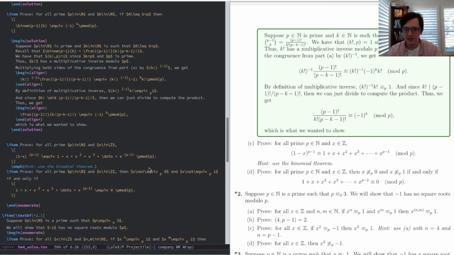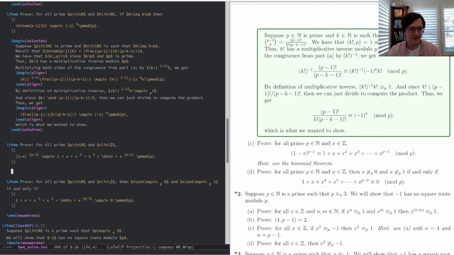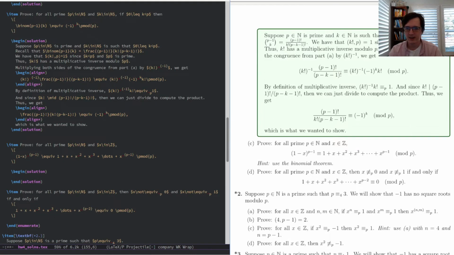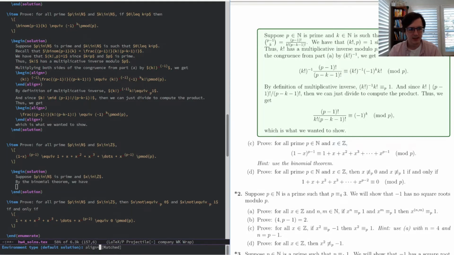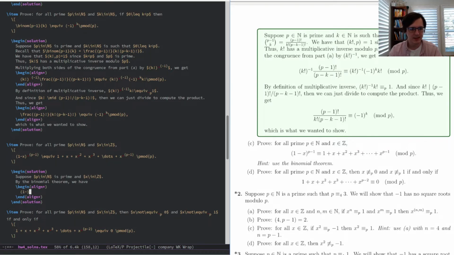Okay, so the next problem. I've already set it up when I got lost with where we were. And it hints to use the binomial theorem. So again, suppose p is in n and is prime and x is in z, then by the binomial theorem, we have that 1 minus x to the p minus 1 is equal to the sum for